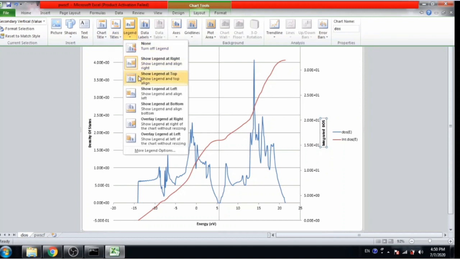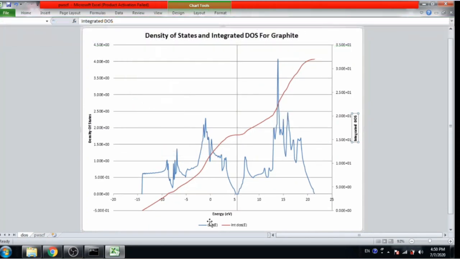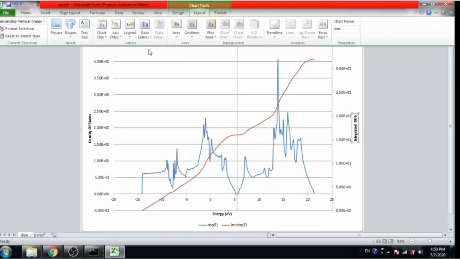Now choose the legend below the graph, so DOS and integrated DOS are under the graph.